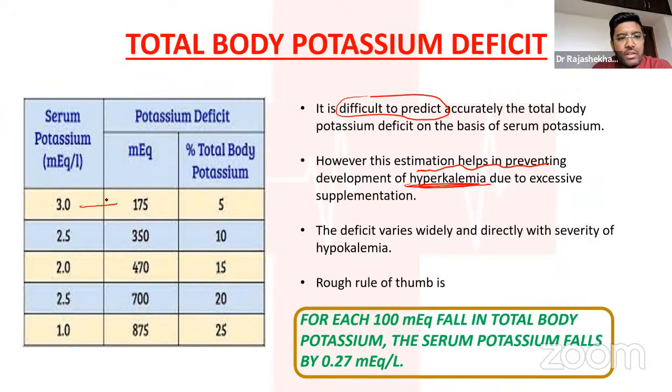If the potassium is 3, then the deficit is 175, and if it is 2.5, 350, and it goes on. But the basic thumb rule is every 100 milliequivalent fall in the total body potassium, the serum potassium falls by 0.27. So 100 fall in the total body potassium causes 0.27 fall in the